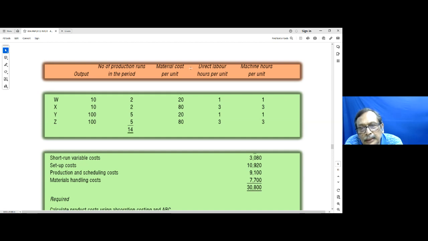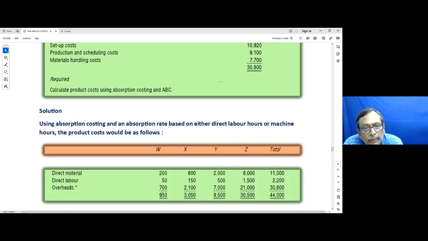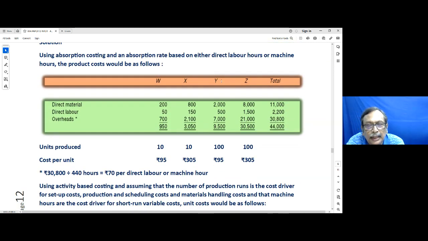Material cost per unit 20, 80, 20, 80. Direct labor hours per unit 1, 3, 1, 3. Machine hours per unit 1, 3, 1, 3. So what we are going to have is direct material cost, direct labor cost, and